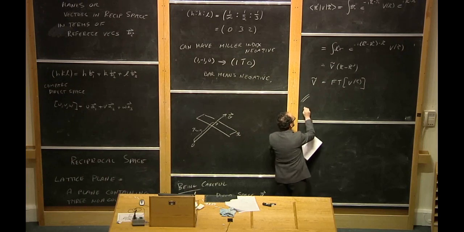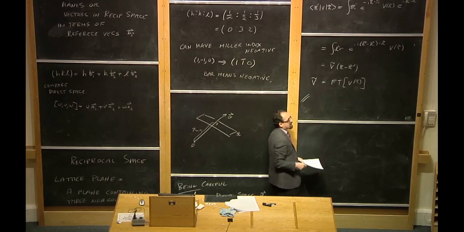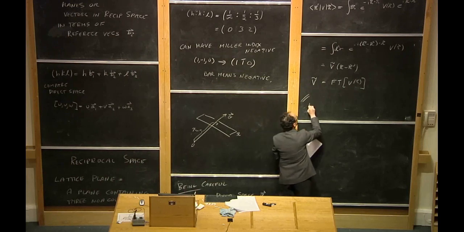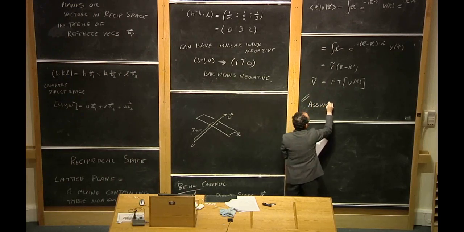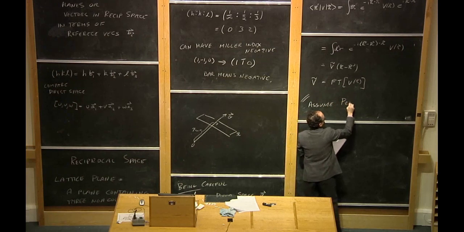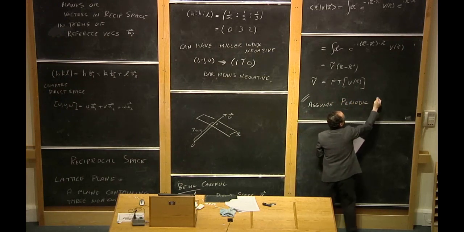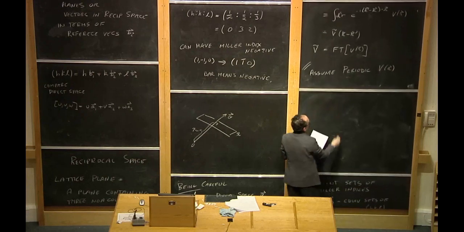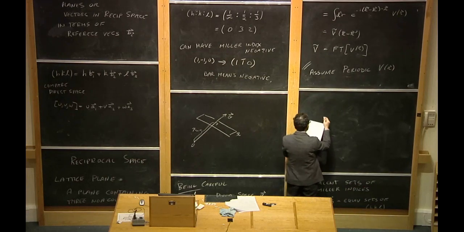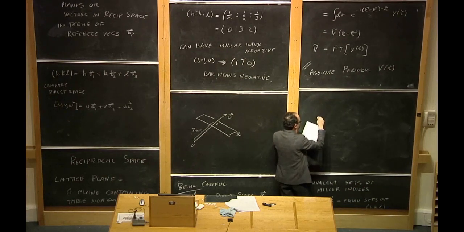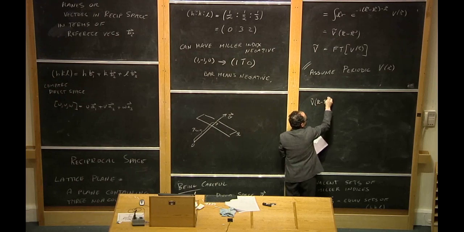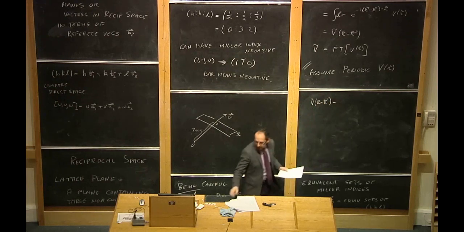Now, in the last lecture, we considered Fourier transforms of periodic functions. So we're going to assume we have a crystal, assume a periodic scattering potential, v of r. If we have anything that's crystalline, the potential will be periodic. And so we can use the law that we derived in the last lecture, that the Fourier transform of a periodic potential, k minus k prime, equals a